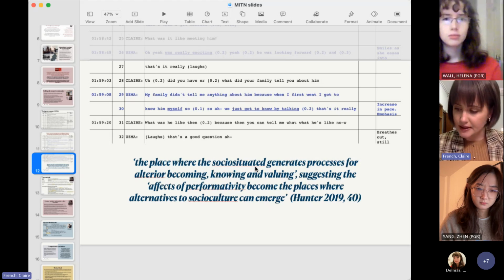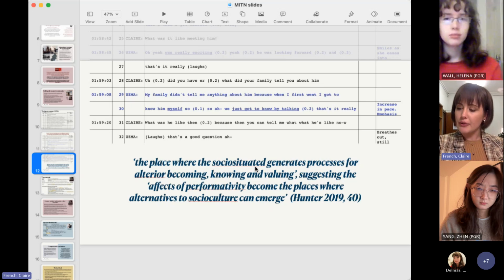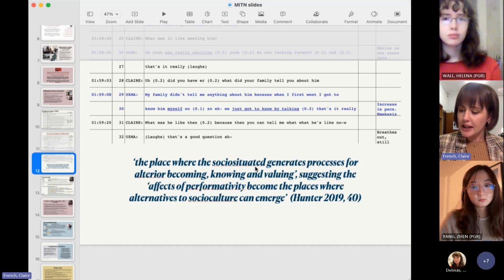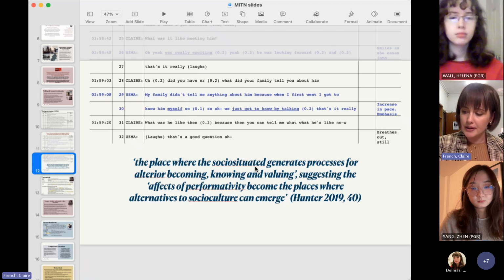So across these 3 minutes of this interaction, the affect of Uzma's performativity was being known through the even rhythm of her speech, her gaze, her close proximity to me, the breathiness of her vowels, echoing this statement by Hunter. Her voice seemed uninhibited in that she showed less repetition of words, which was a marker of a lot of her testimonies when the other women were there with us. And the combination of her social variables from this interaction held me in this moment with her, as though she wanted to tell me everything, but didn't really know where to start.